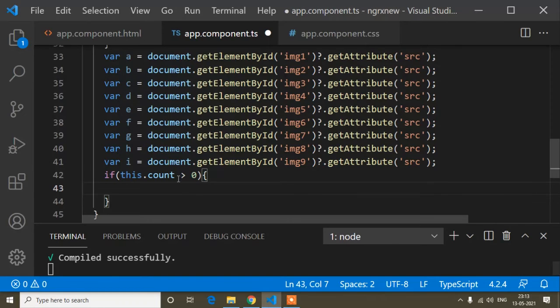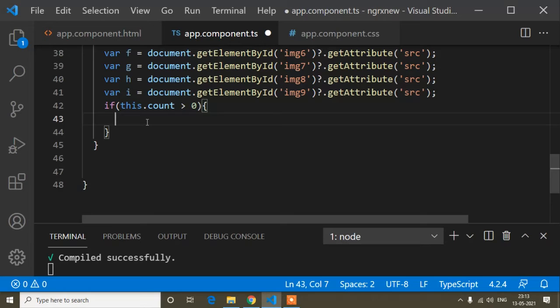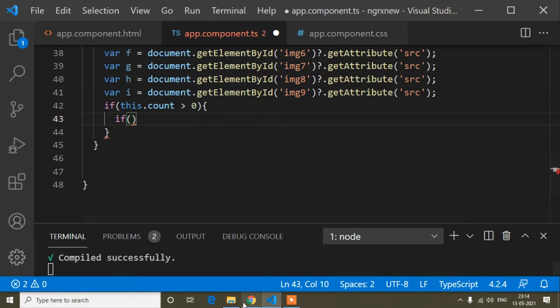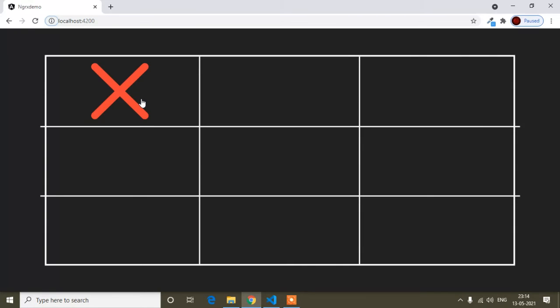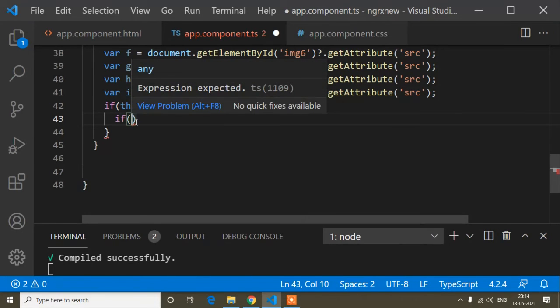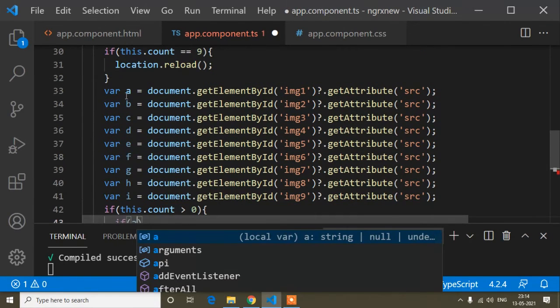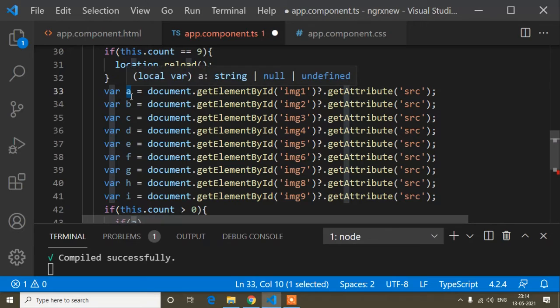So first I have written when the count will be more than 0, and after that I will write the next condition, that is if, and inside this if here I will write first of all like this, here a. So this a, I mean this variable, inside this a variable I have stored the source attribute.